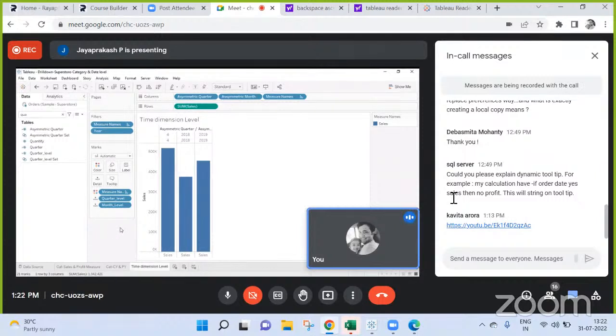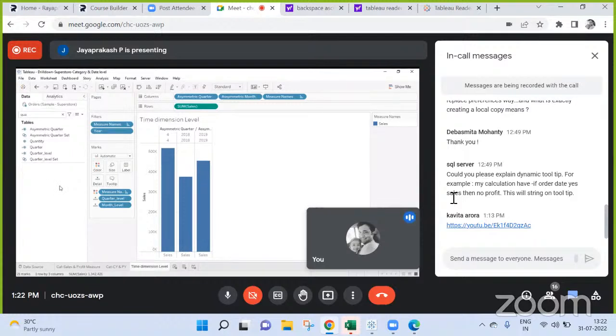Sorry, Jay Prakash, right? Sorry, not JP. JP already, no problem. Yeah, sure. As you suggested, Rajesh, I will try with the quarter level as you suggested just now, and also try with the parameters, and as Kavita said, with the calculations. So I mean empty set or empty parameter.